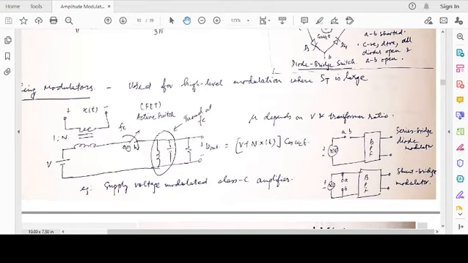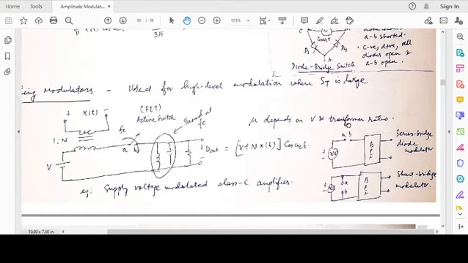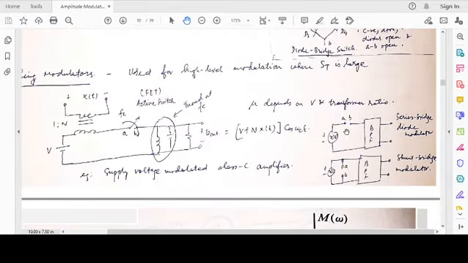So you have this active switch. This can be a FET switch. This can be a diode based switch. You have the signal coupled here, and this is tuned at the frequency fc, and you get an output. There are configurations. You can either use this switch, for example A and B, in a series bridge diode modulator scheme. For example, the signal x(t) gets coupled to the series switch, and you have a bandpass filter. Or you can use a parallel shunt bridge modulator scheme, signal x(t), A and B switch, bandpass filter.